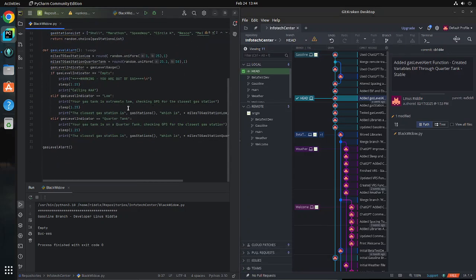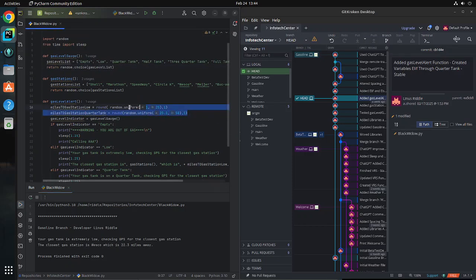Here I added some messages that it prints if it's some of these. So like it's saying it's low, and then it's checking the thing, and then it will call these variables like Wesco. It won't call this, but this is called. It also calls the specific amount of miles, how far away the gas station is. So here you can see it'll choose a random variable here,